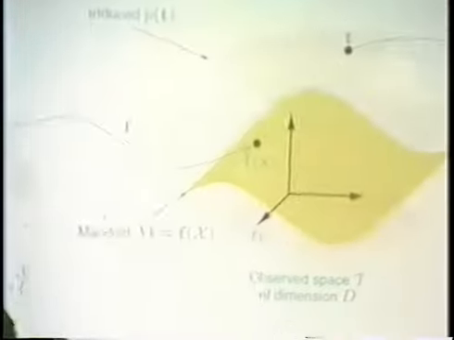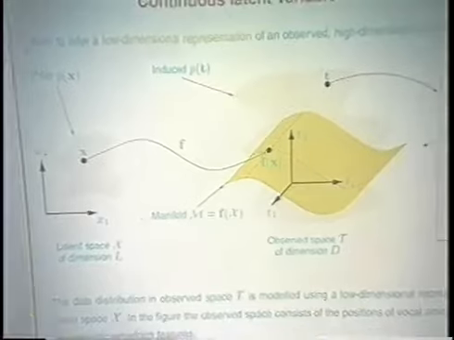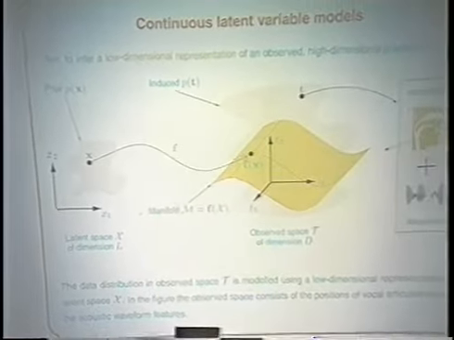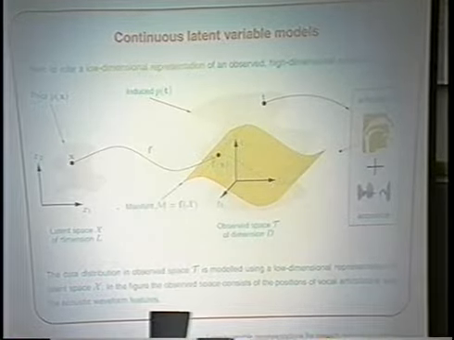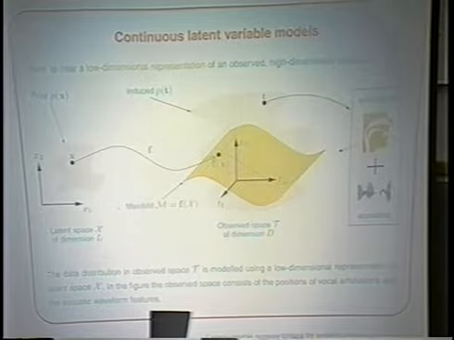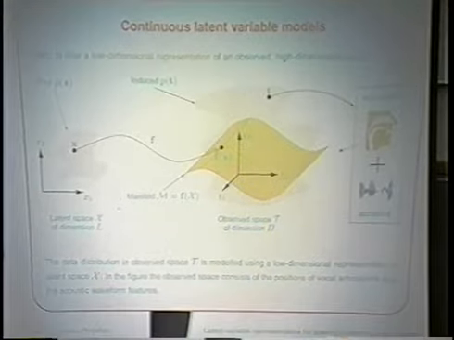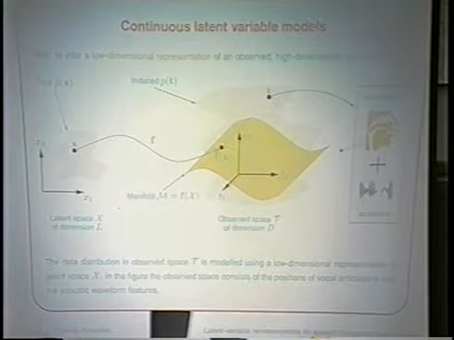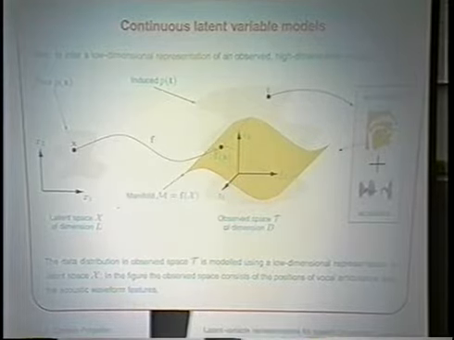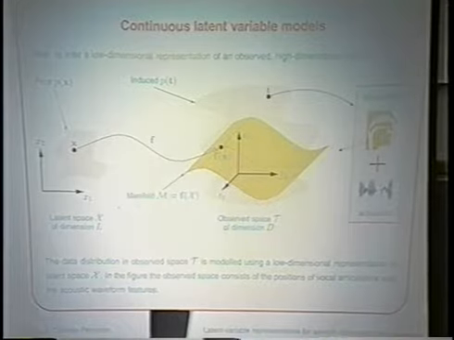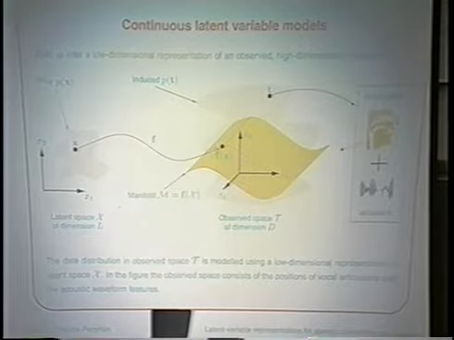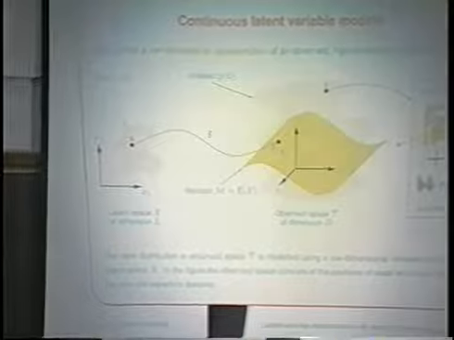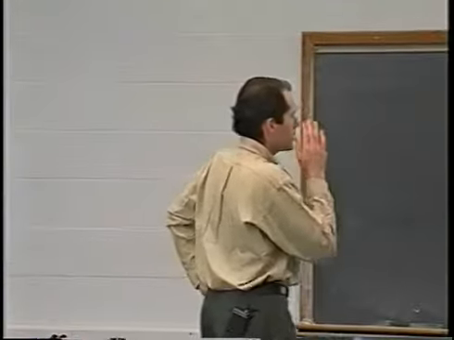So continuous latent variable models do the following. Imagine you observe some phenomenon in nature that you measure in the form of vectors sampled in time, and those vectors are, generally speaking, relatively high dimensional. And you know, however, from knowledge of the domain, that this phenomenon has intrinsically a few degrees of freedom. And just because you're measuring those dimensions doesn't mean that the space is fully populated with those points. Those points are going to be constrained to some low-dimensional representation there. And you want to model that representation. So this is what latent variable models do.